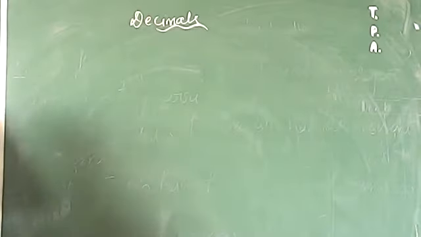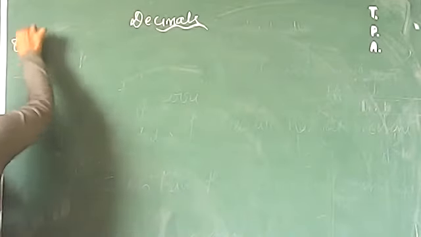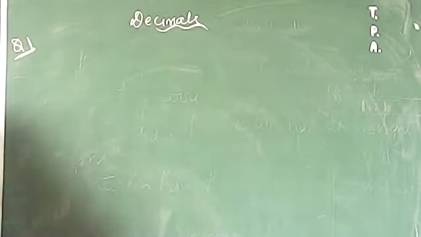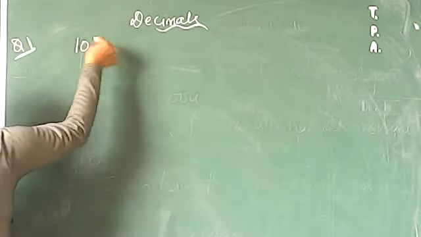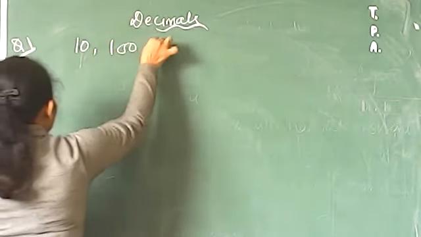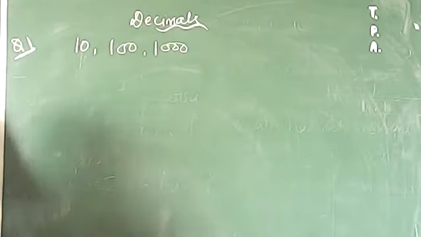Today we are here on the chapter decimals and we are discussing the questions related to the Comet and RS Agrawal part. So question number 1 begins from the product part. That says you have to find the multiplication of the decimal by 10, 100 and 1000. So you have to multiply with 10, you have to multiply with 100, you have to multiply with 1000 and you have to solve the answers for those.